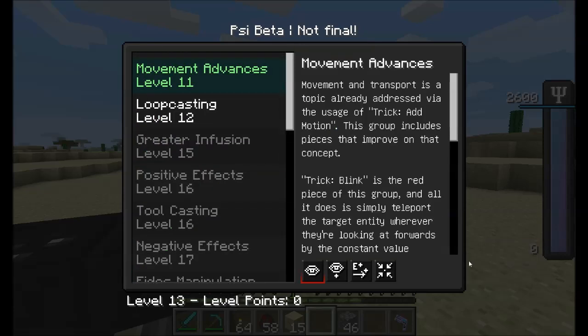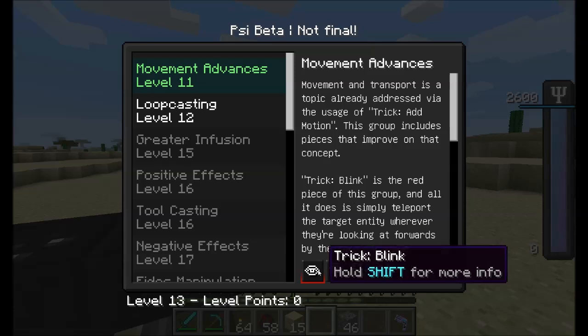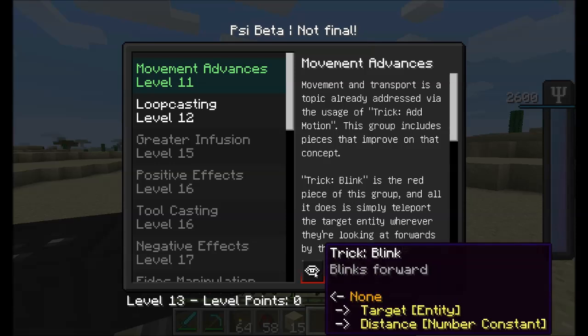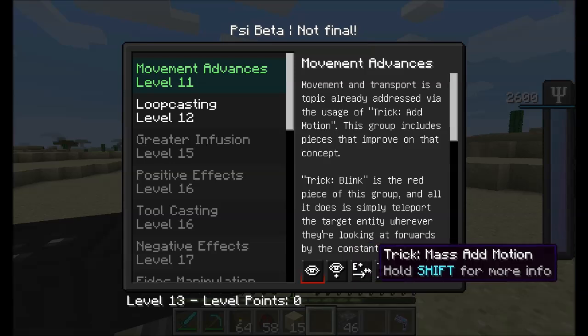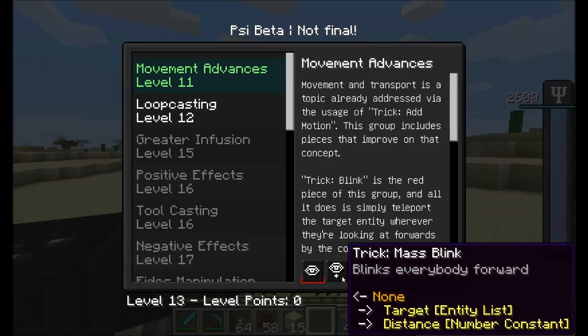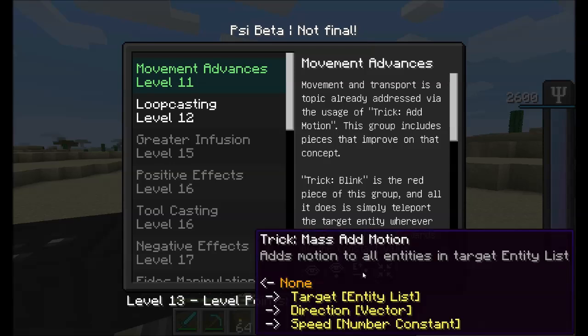Yeah, we want this one. So this unlocks some new tricks. Blink. Cool. Blinks forward. You have to just tell it which entity and the distance, pretty much how far you want to blink. And then mass blink blinks everybody forward, aka an entity list. Cool. And then that's just blinking forward, right? And then finally we've got